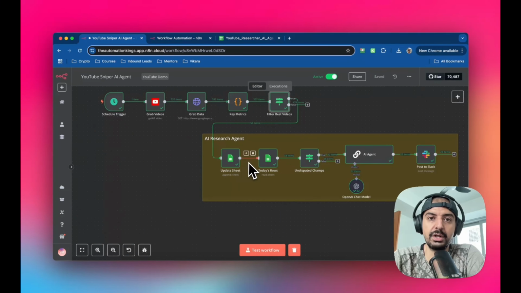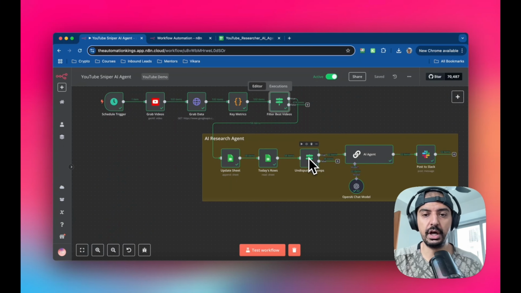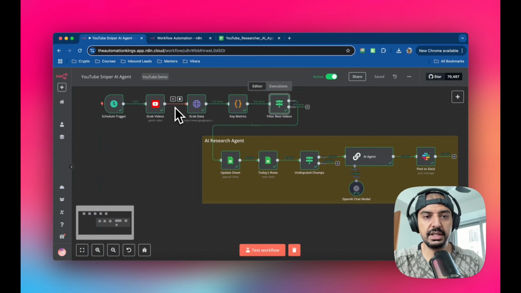So I built a CRM inside of Google Sheets. You can do this anywhere, but I've used Google Sheets for this because it's just super easy. It will update the sheet. It will add today's rows, and you'll see why. And then I've added another filter and I've called it the undisputed champ, because you can see here that when I ran the automation, it basically pulled in